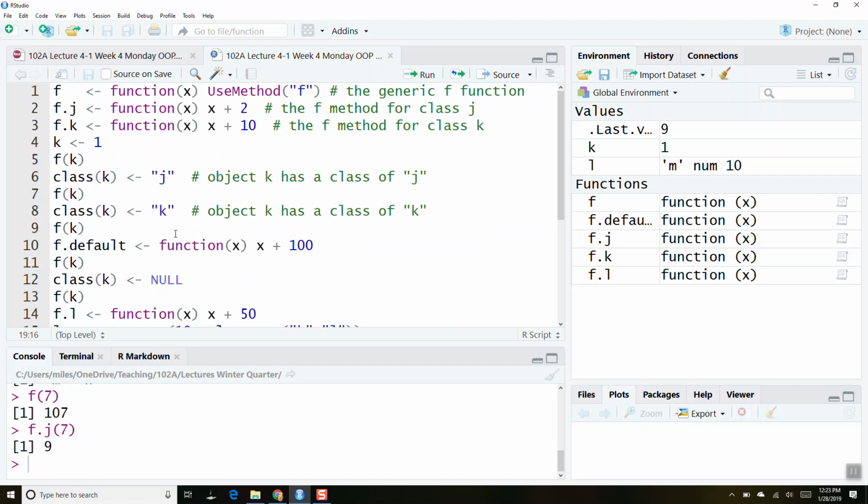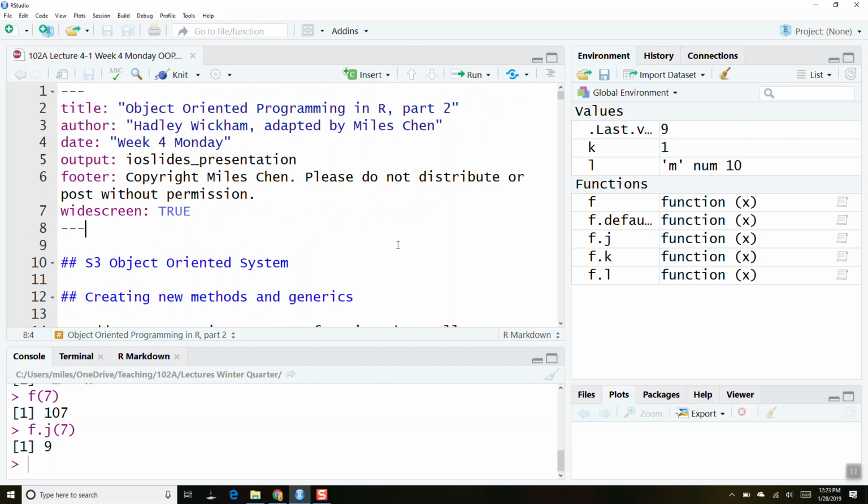And so the object-oriented system in R is very, very loose, but it works, okay? Compared to other languages, it says, all right, here's our generic function f, and then we're going to have these special versions of f, based on f.j, f.k, and stuff like that. It works, okay?